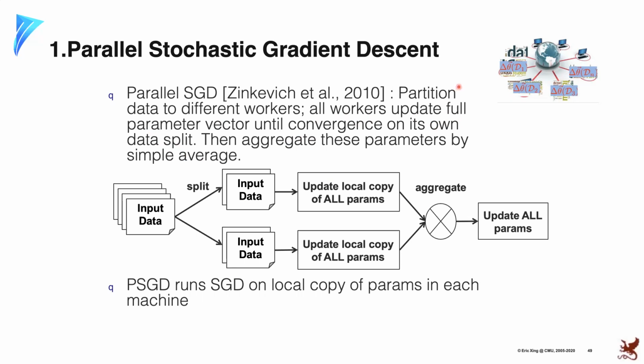So you can view that each of these workers has different data, but on their own computer, they will have a copy of all the parameters for this model. And then they are going to only use their own data split to update the whole model parameters. Finally, after all the workers have converged on their own data, if we have n workers, then we'll have n copies, and the final parameters for this model will just be the average of all these n copies, which is quite